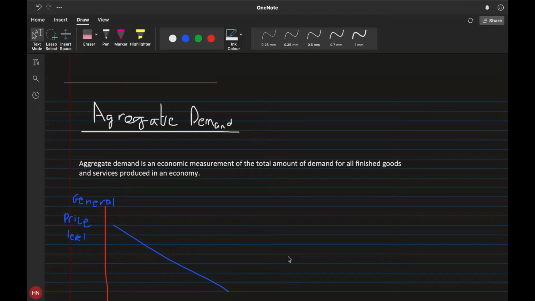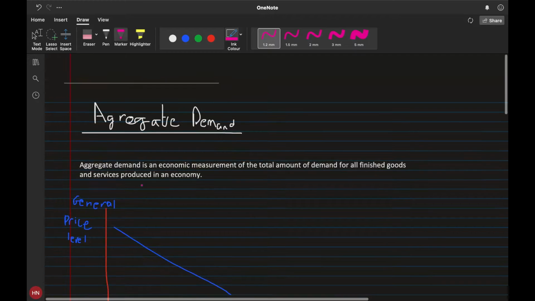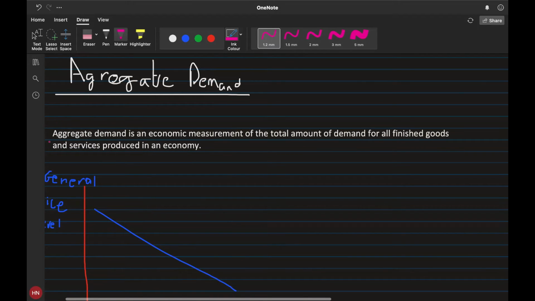Hi guys, so in this video we'll be discussing aggregate demand. So let's go with the definition first. By definition, aggregate demand is an economic measurement of the total amount of demand for all finished goods and services